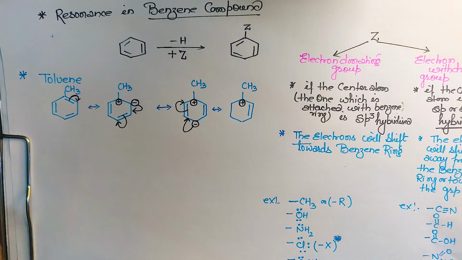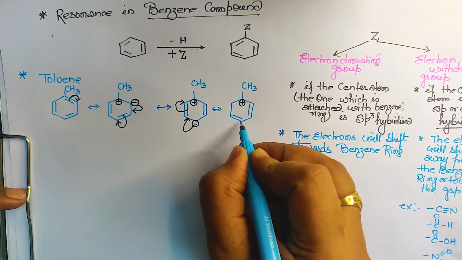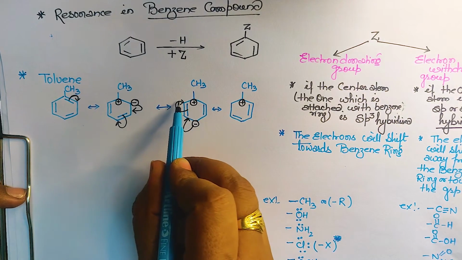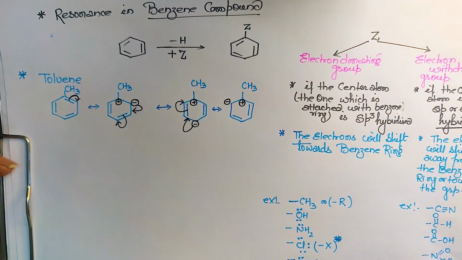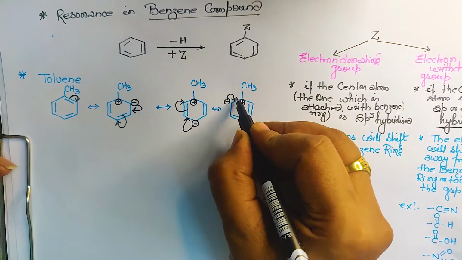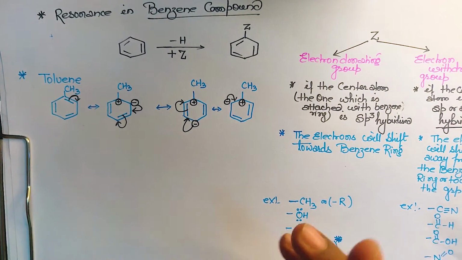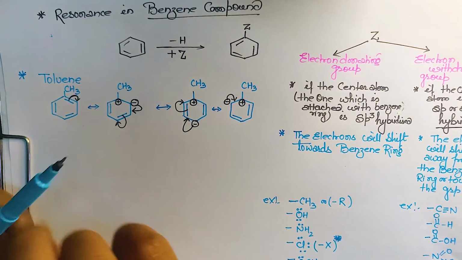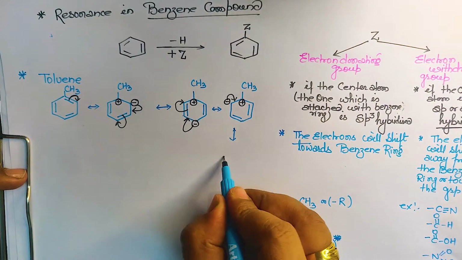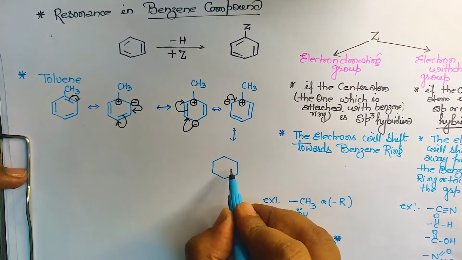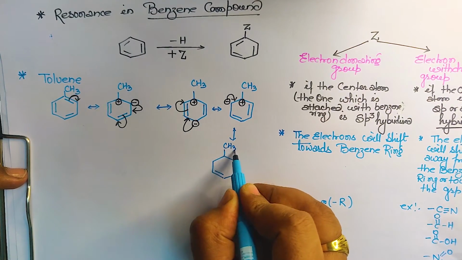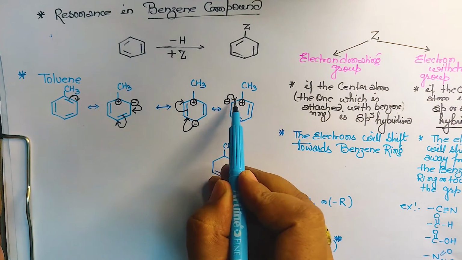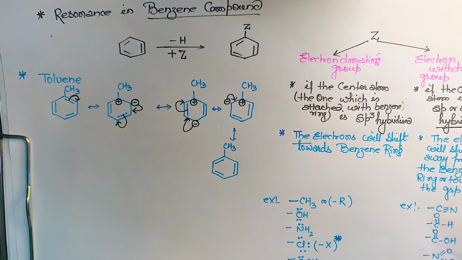Done. Now what happened? This negative has shifted over here, so due to which it will form the double bond over here, isn't it? And this bond has shifted over here, so due to this it will create the negative charge over here. Now what next? This negative will shift over here, will fulfill its deficiency. Khatam kaam. So next structure will be what? Like this. I have not touched this. Here nothing we have done, and this negative has shifted over here, so it will make the bond over here, and like this deficiency is over.